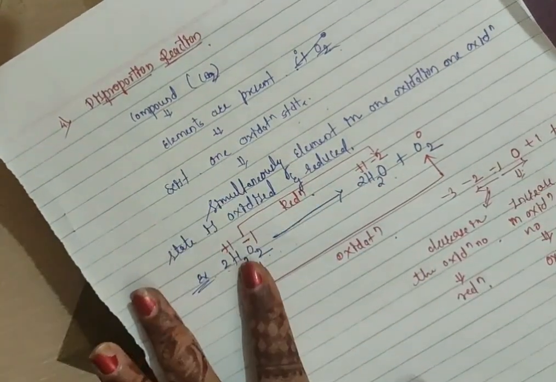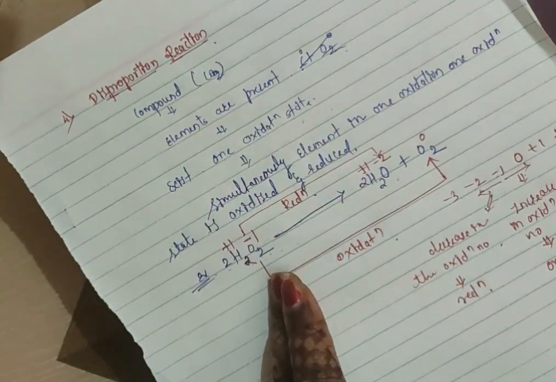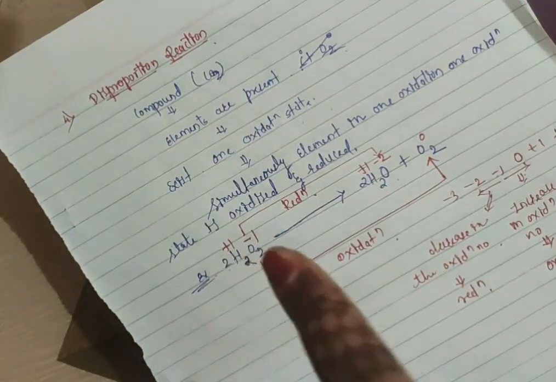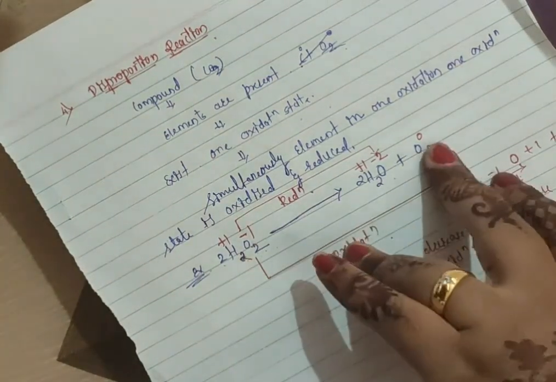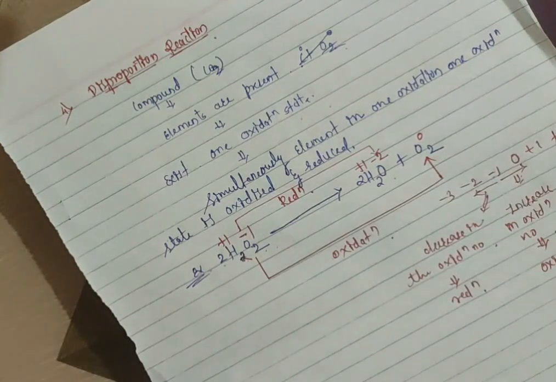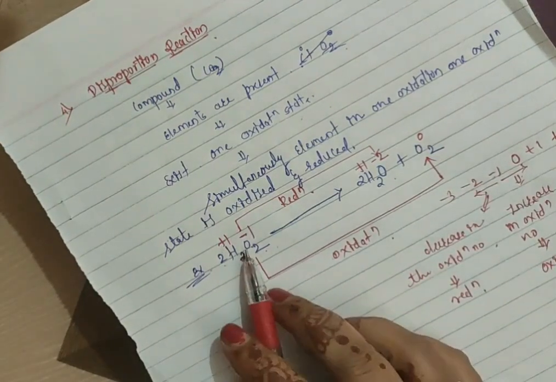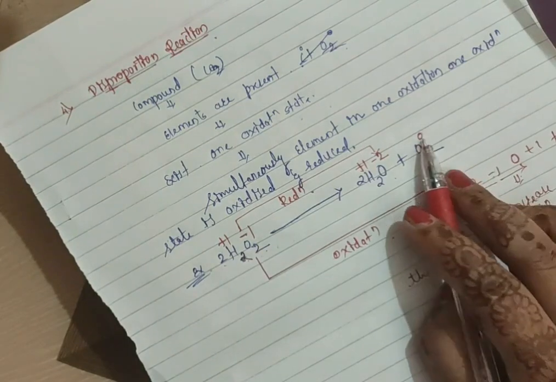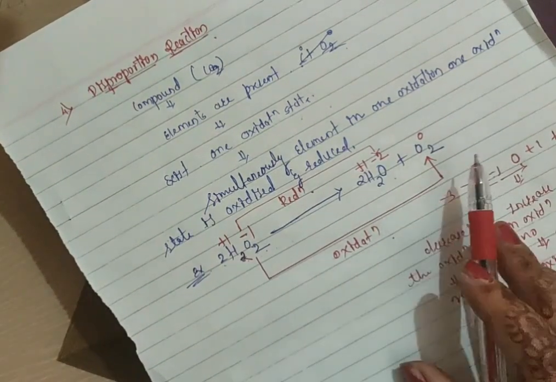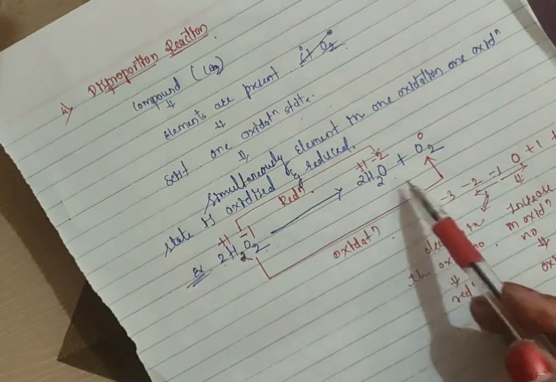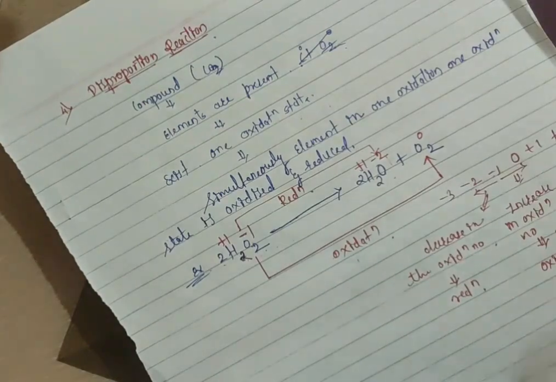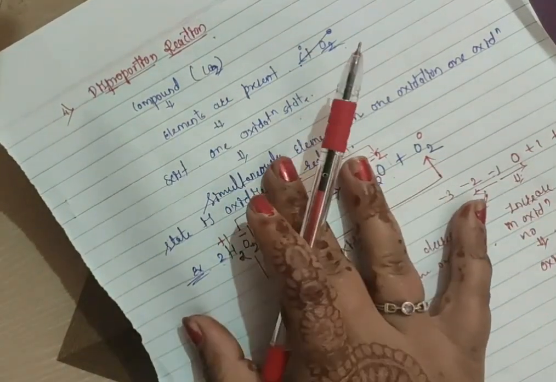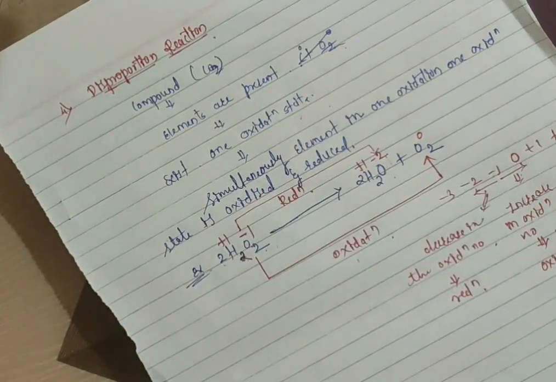In the case of hydrogen peroxide, it is a familiar example of a disproportionation reaction. Remember, when I provide heat, hydrogen peroxide will convert into water and oxygen. Oxygen, when it is converted to O2, which is in the neutral state, goes from -1 to 0, an increase in oxidation state, so the oxygen is oxidized. Here there is a decrease in oxidation state, so oxygen is reduced. So simultaneously it is oxidized as well as reduced. So this example is a disproportionation reaction. Now this type of redox reaction is over.